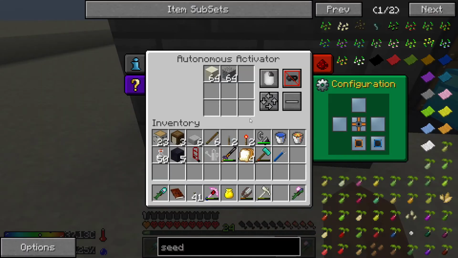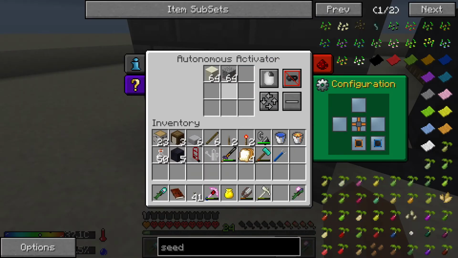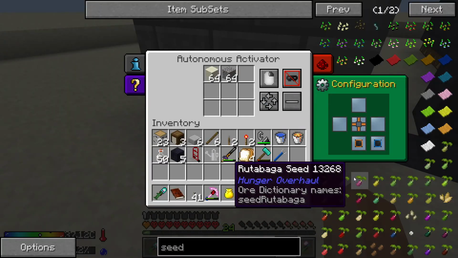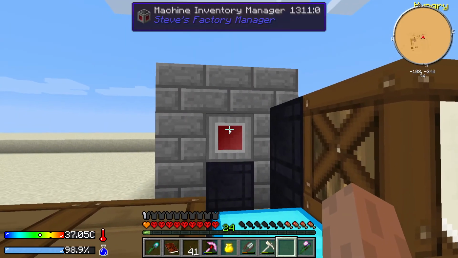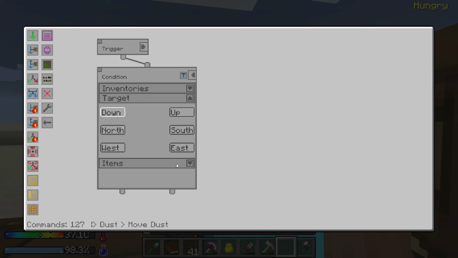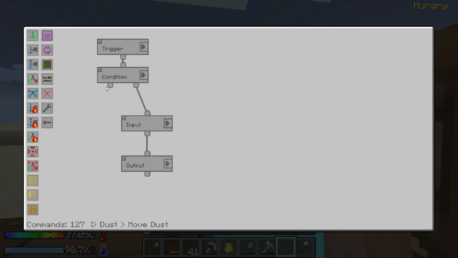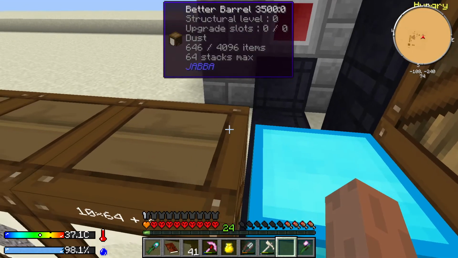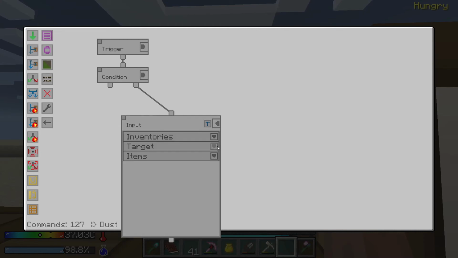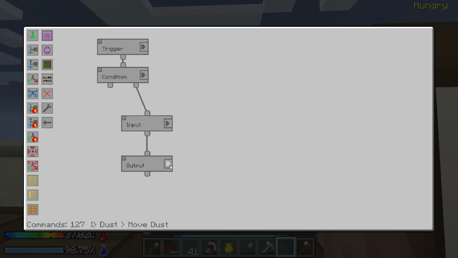Now, checking the inventory, the way this is coded, is the same as taking items from the autonomous activator. So you have to check it from the output side. The output side is down. So we have it right here. The target is down. And then for items, we're checking for dust, and we're checking for a stack. So if there is a stack of dust, do nothing. If there's not a stack of dust, then we go here, and we grab it from the barrel right here, and we access it from the down position, because with barrels it doesn't really matter. And then we take one dust, and we put it in